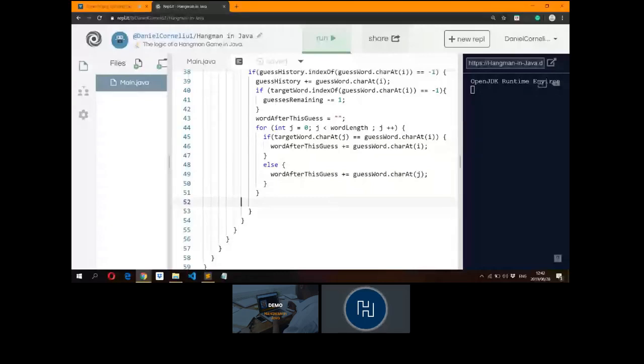So for now, where was I? Cool. What I'm going to do is assign word the value of word after this guess. Word after this guess keeps track of the updates to the word. I'm going to assign it to word after last guess. Cool. And then once that is done,